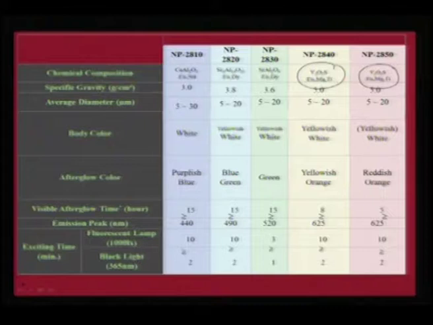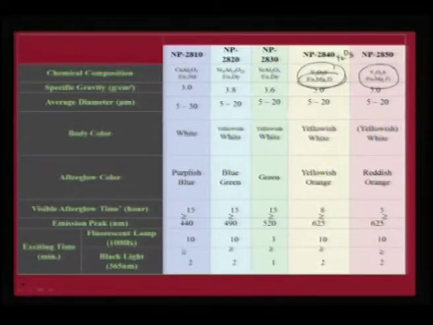As you would see, this is nothing but Y2O3, where one of the oxygens is replaced fully by sulfur, and then the dopants here are europium, magnesium or titanium, which will actually generate the excited states that will be responsible for the